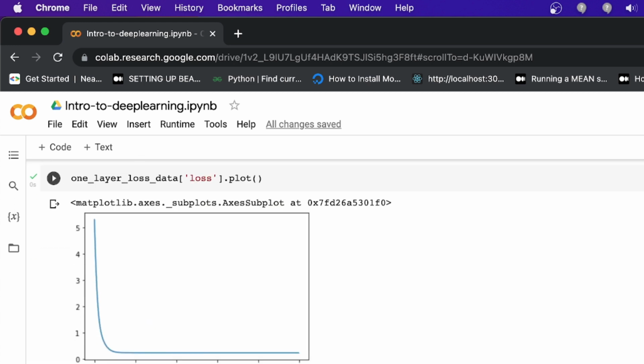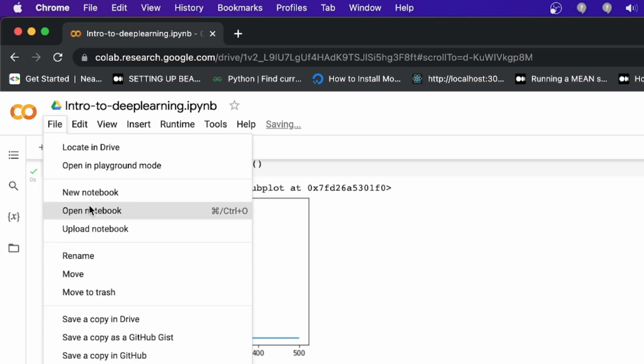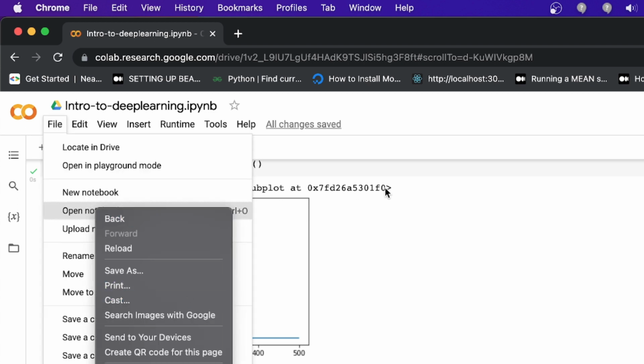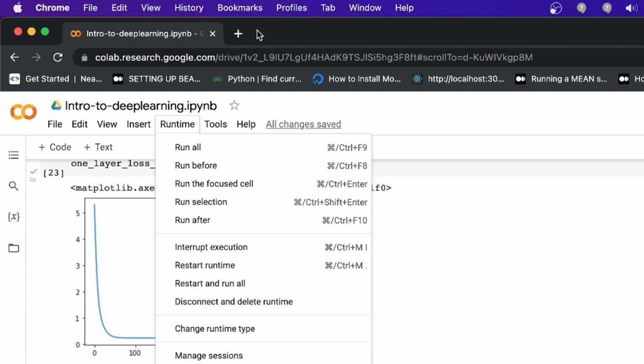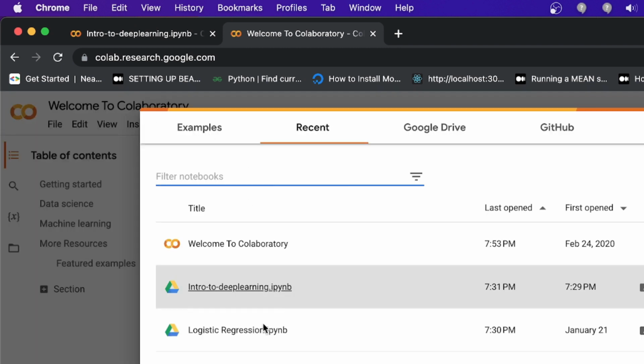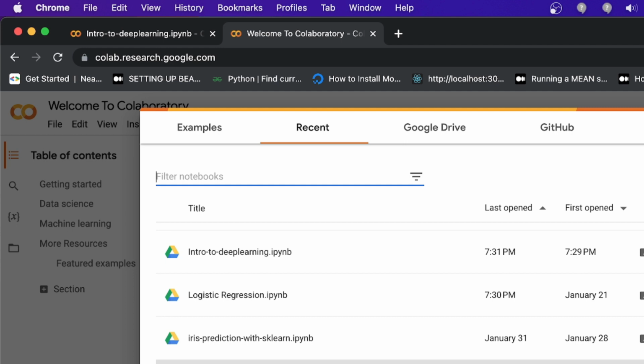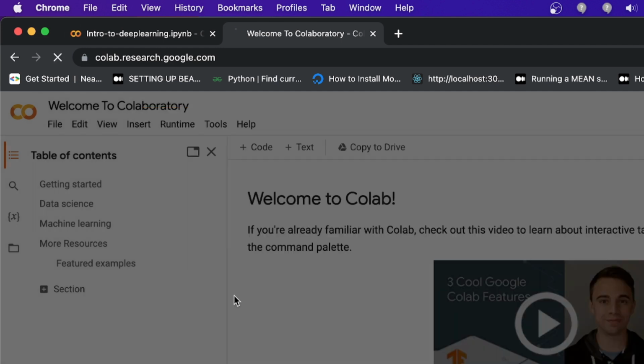But see what is the accuracy, guys. What is the accuracy? So now I'm going to open a new notebook, just one second. I need the code. I don't want to write the code again and again, which is already there.